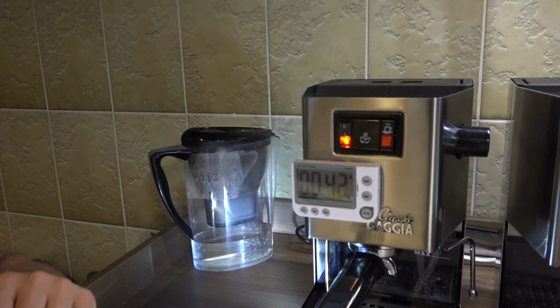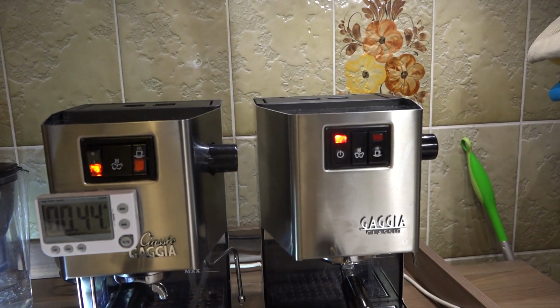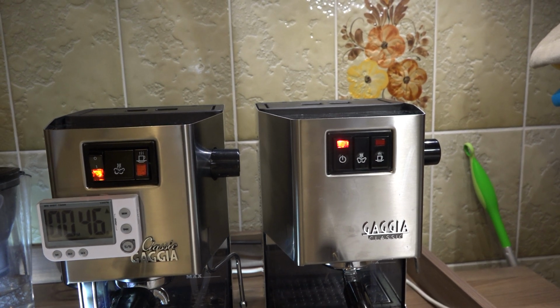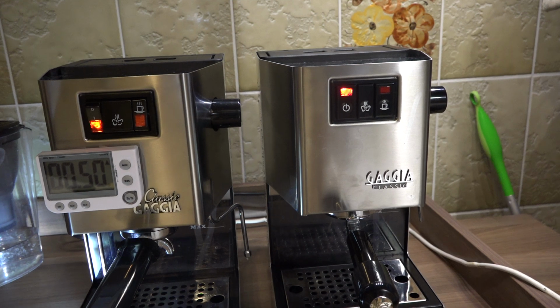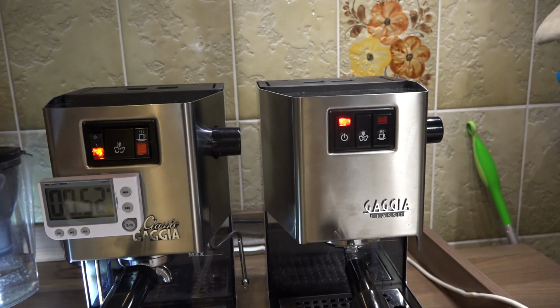So I think the steaming power is better in the newer model, and I also kind of like that it doesn't have the three-way solenoid valve because I'm too lazy to backflush anyway. So